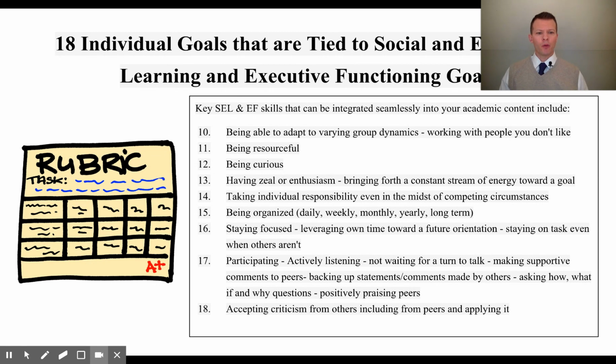Okay, where are we? 15, being organized. The ability to say, all right, today I know the objective is this. These are the things that the teacher is asking me to do or to read or to participate in. And then I have to do this by myself, and that is going to be due when? Tomorrow at 9 o'clock. Okay, he or she also said that I have to post to the message board at the end of the week, that I have to bring the assignment back and review it in a month,